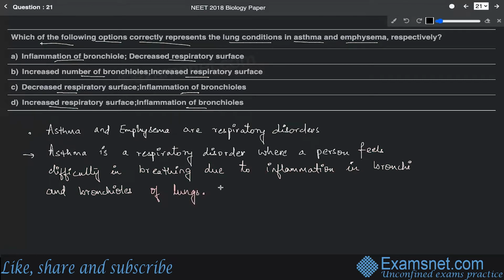All right. So this is the case. The person actually feels difficulty in breathing, and this is because of inflammation in the bronchi and the bronchioles of the lungs. All right. While when we see